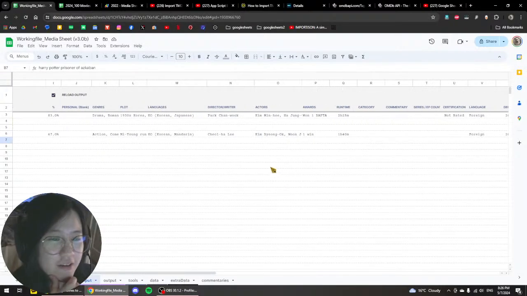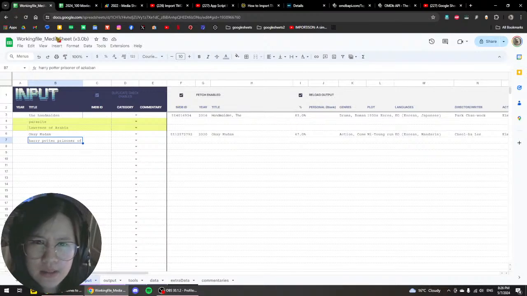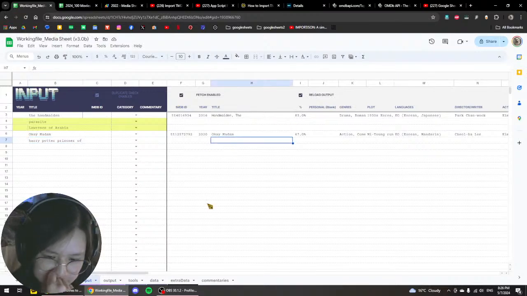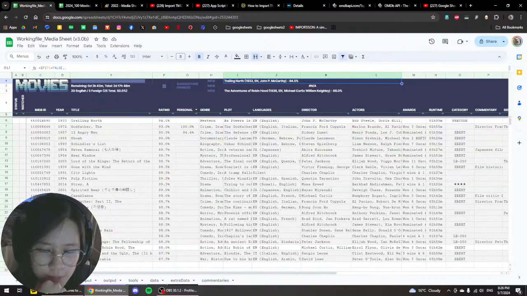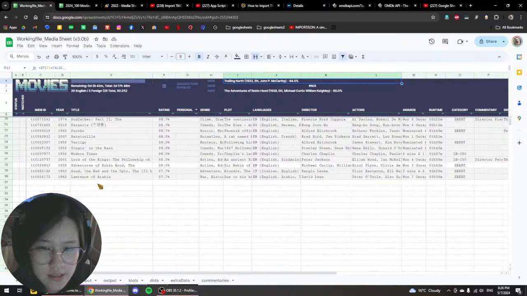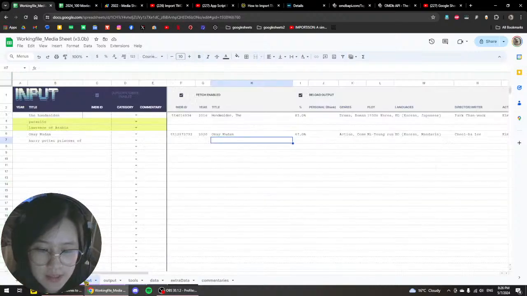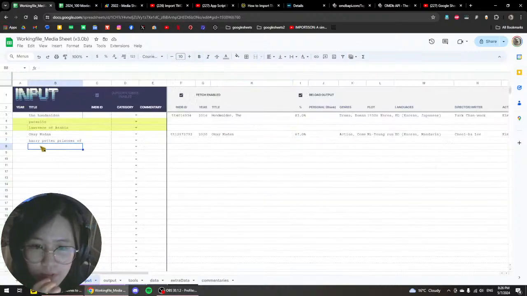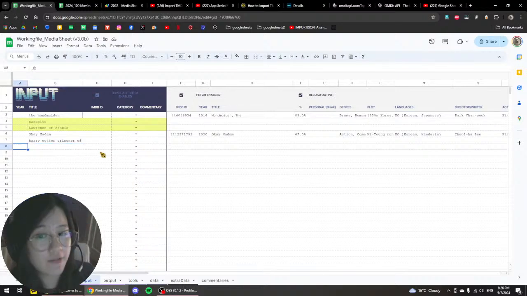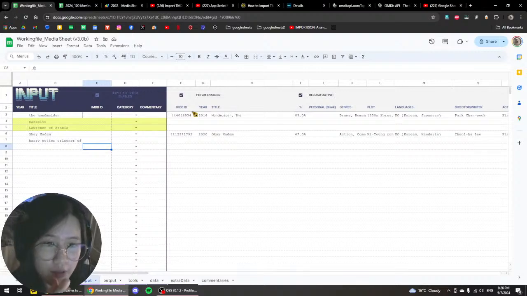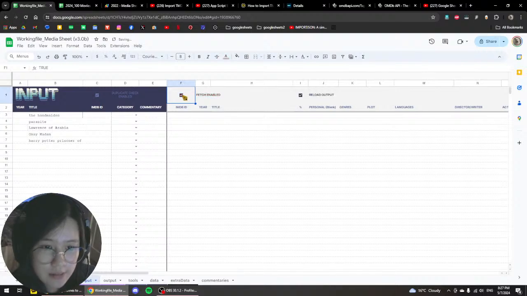It has a lot of interesting stuff. This is their original file. It's very interesting. So this would be your master list of all the movies that you're monitoring, I guess you could say. But before you do that, you would come into this tab where it says input. You would put the movie name, and if you have it, the year, and if you have it, the IMDb ID. And when you do this right here, I'm going to disable it. When I enable this,